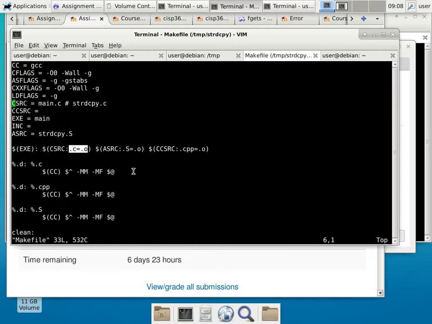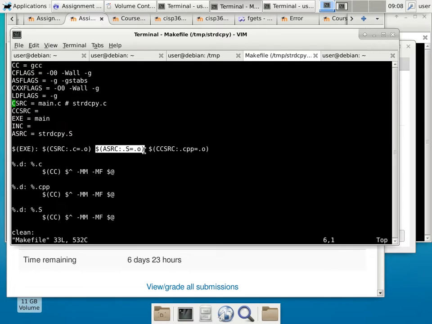CC source stands for C++ source file, and we don't have any, so that part remains empty. Okay, so this rule basically translates to main, which is the target. This is called the target of what you're trying to make. It depends on main.o and also